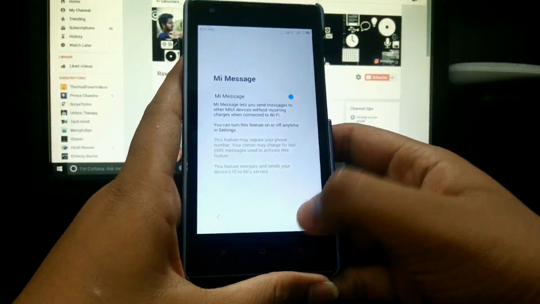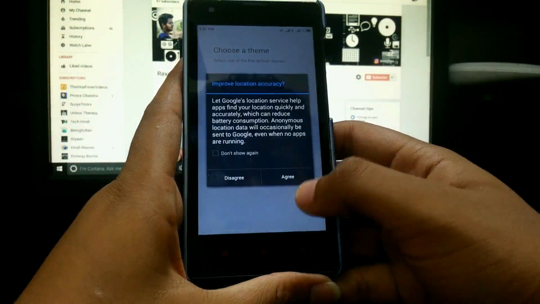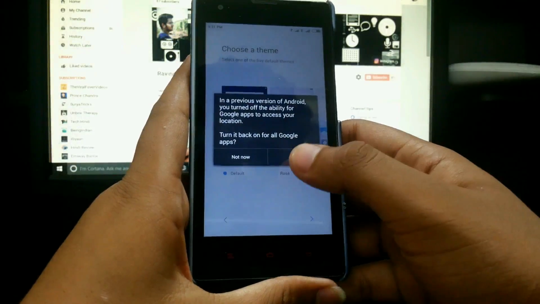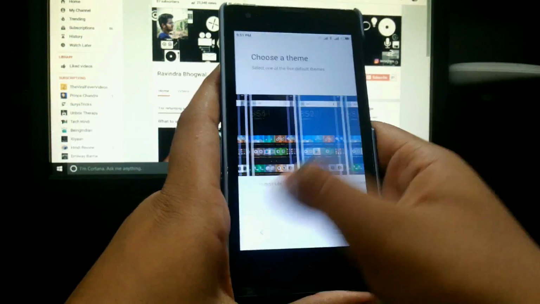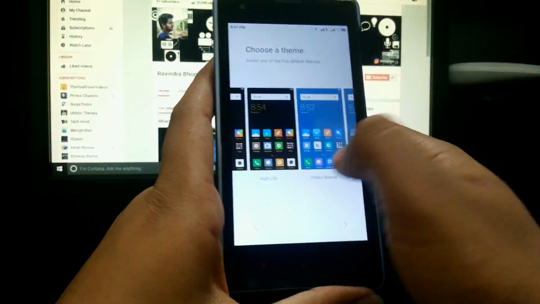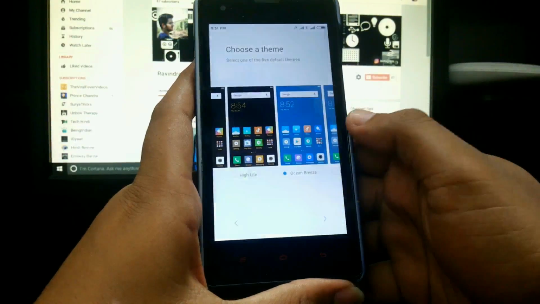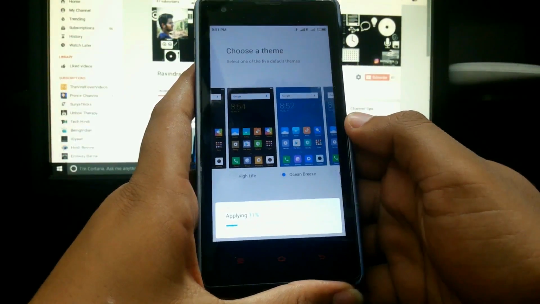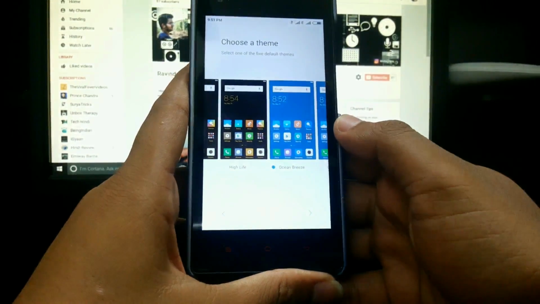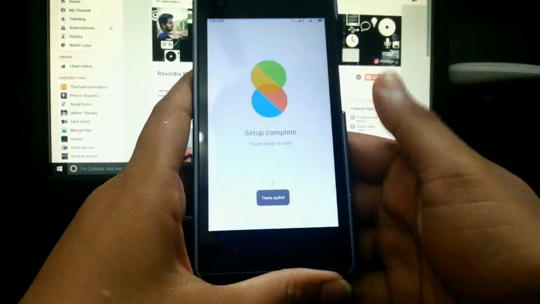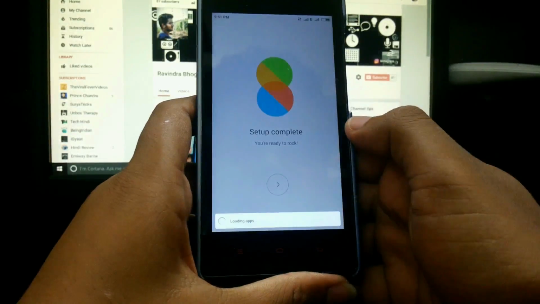Okay. Yes. There are some of the themes which you can apply. Yeah. Applying Ocean Breeze. I love this theme. So finally setup completed. You're ready to rock MIUI 8.